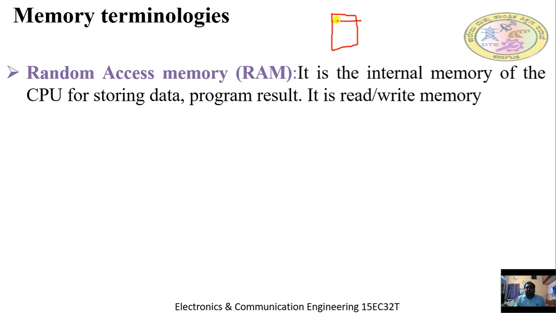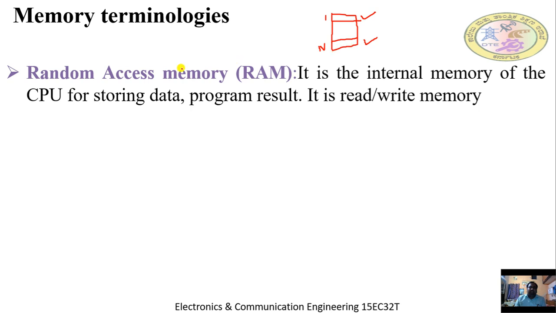Let's say this is the first location. Let's say this is the nth location or the last location. So whenever we want to access any word content or any location content or any address here, irrespective of their position, the access time will be the same. Access time will be the same in the sense the time it requires to access the first location will be the same as the time it takes to access the last location as well. So every memory location will have the same access time.